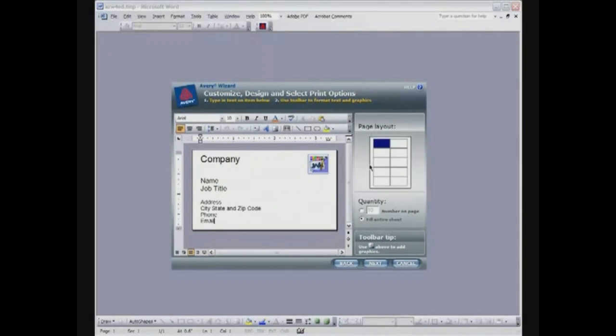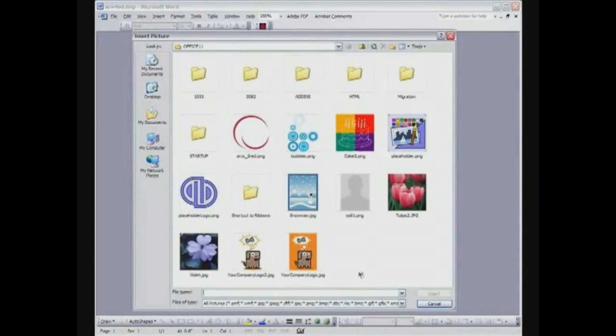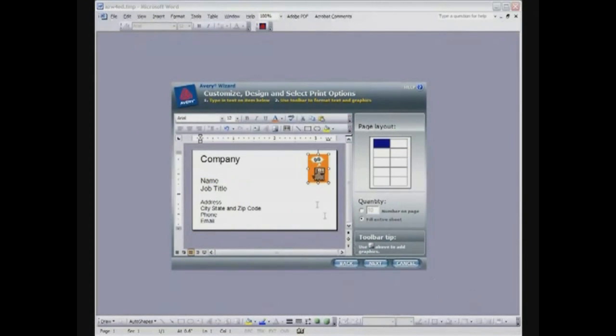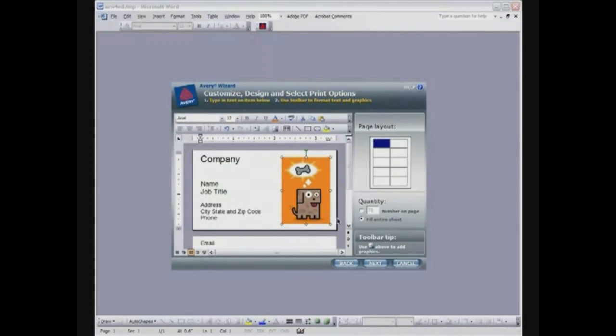We're going to select the graphic and replace it with a new one. Select the graphic and then click on your Insert Clip Art button, and you can see we have a few graphics in this folder. I'm going to pick this dog with the orange background, click Insert. Now our graphic's all ready to go. I'm going to make it a little bit bigger,